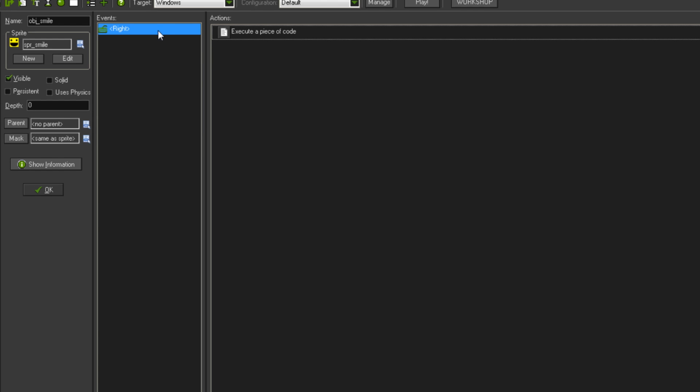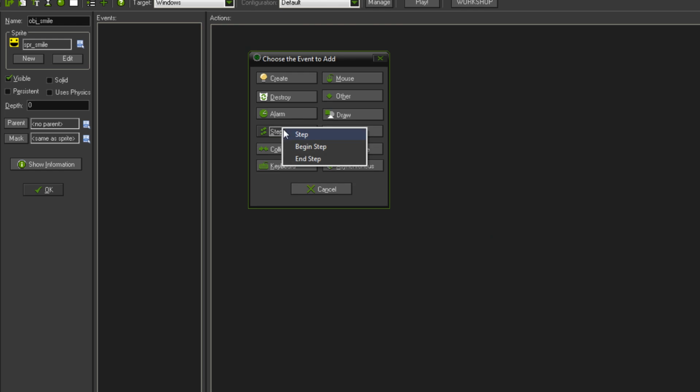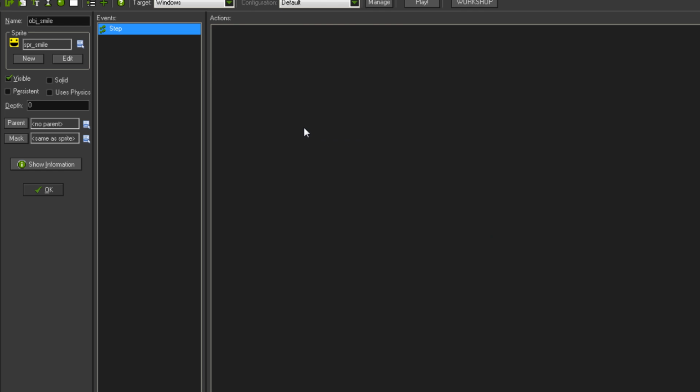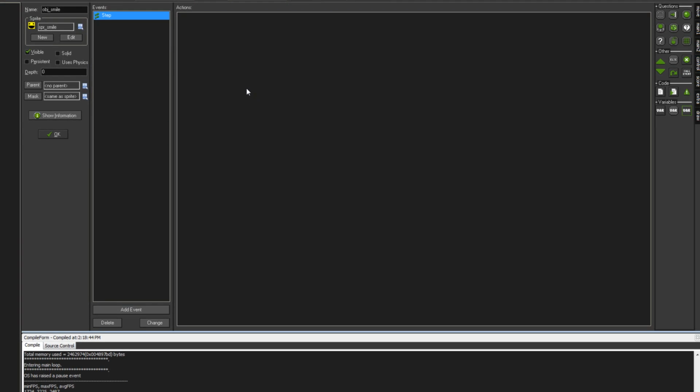Just to finish off, to create what we had in the intro video, I'm going to delete this event, and I'm going to add what's called the step event. It's a very important event to cover. This event will run regardless, every single frame of your game, as long as the object exists. While the object is in your game and frames are happening, so 60 frames a second, every single one of these frames, the actions in here